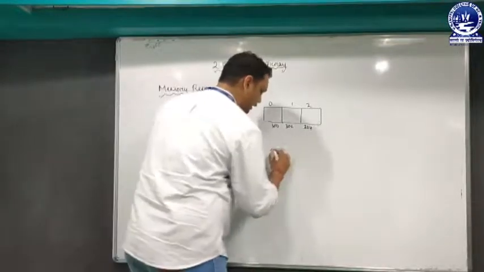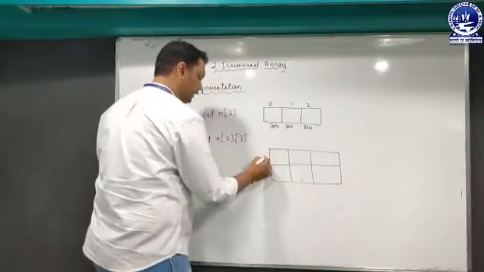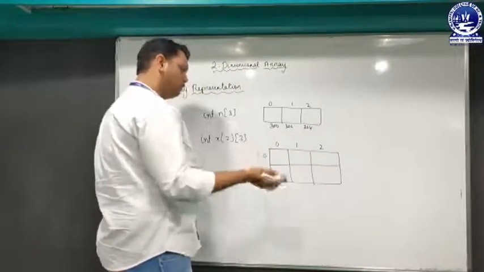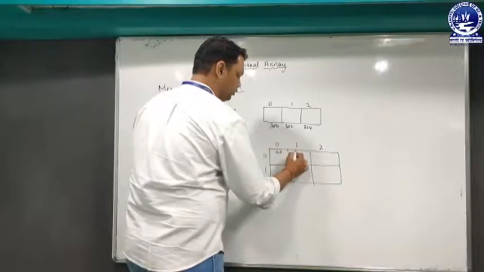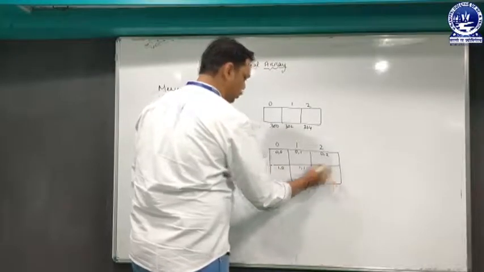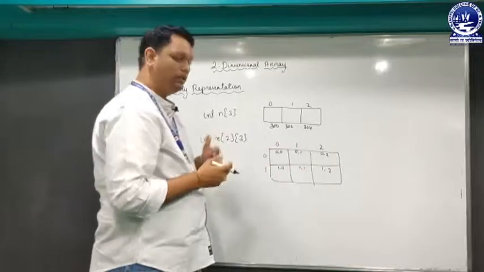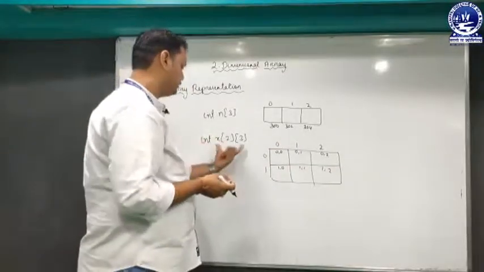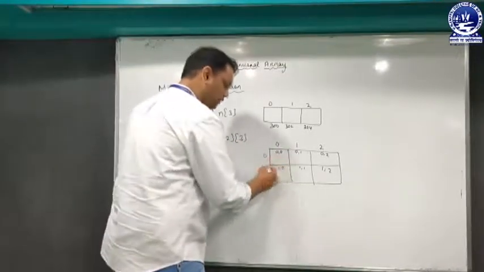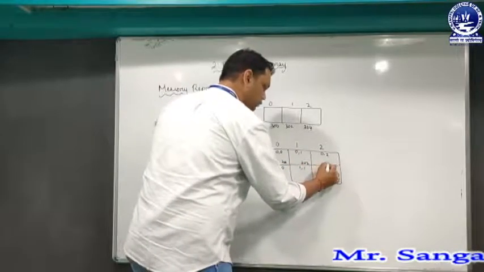So in a 2D array, let's say I write int x of 2 and 3. That means it will have 2 rows and 3 columns, and we know that the row value will be 0, 1 and the column value will be 0, 1, 2. As we know all the indexes, it will have 0, 0, 0, 1, 0, 2, similarly 1, 0, 1, 1 and 1, 2. So this is the index representation of the array. Now if we are storing a number or any element, the case is very similar to the 1D array. That means if this memory block has the address, let's say, 200, then the next one will be 202, the next one will be 203.